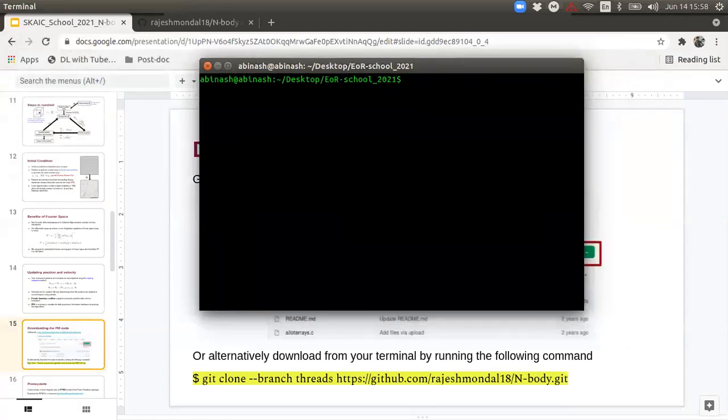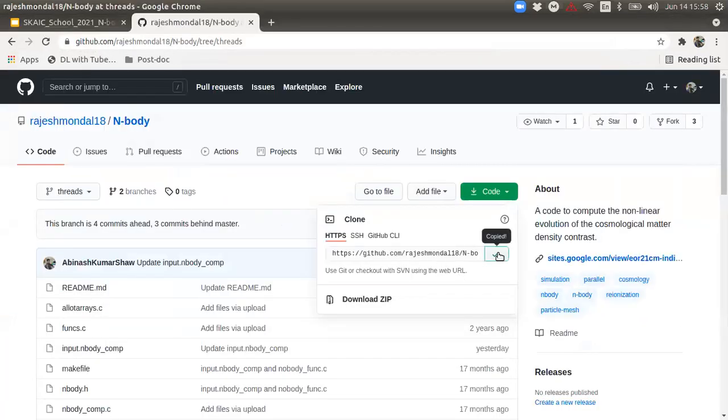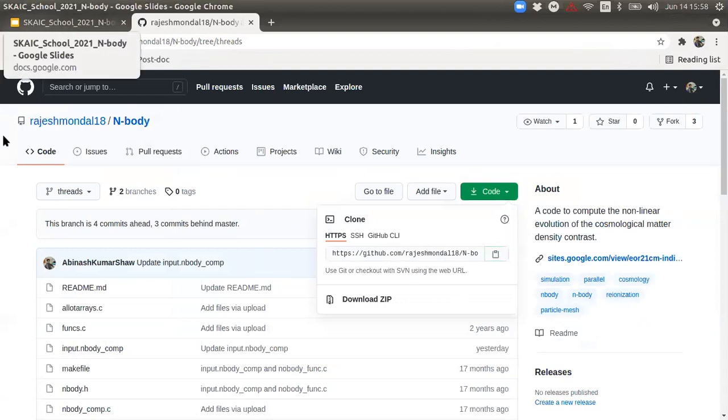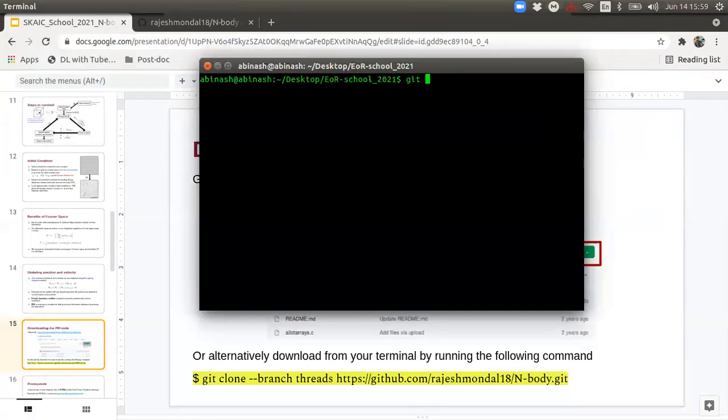You can copy this line, just click on this and it will be copied, and now you go to the terminal and type git clone. For this threads branch, you have to write branch threads, and then you paste this link and press enter.